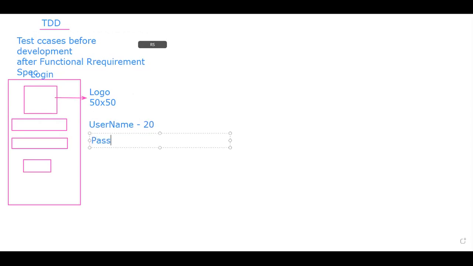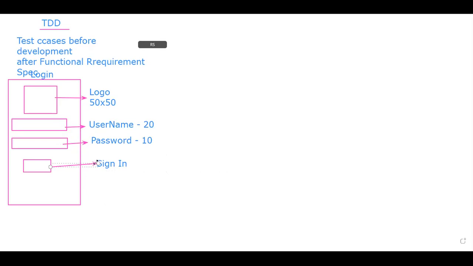And this should be password, and the length should be 10. And this should be sign in. So these all will be captured in the FRS, a requirement document. In the requirement document, the functional person will be capturing it.